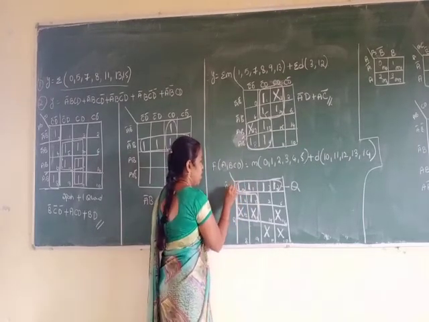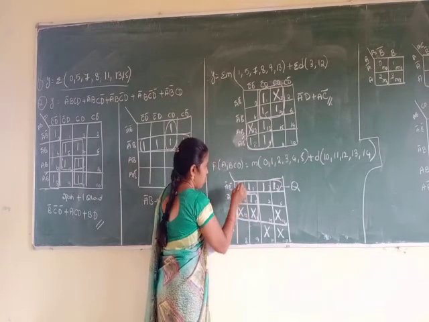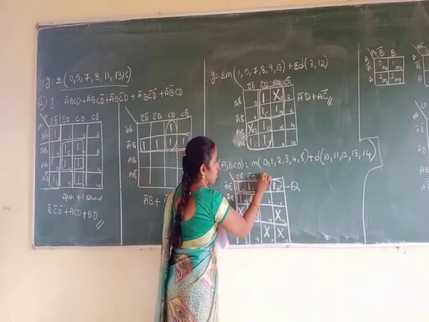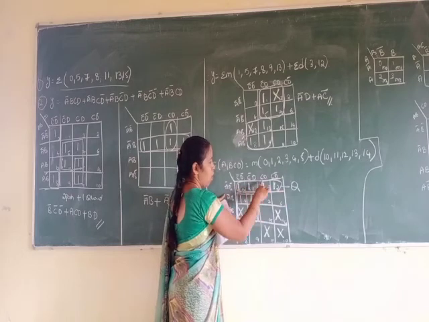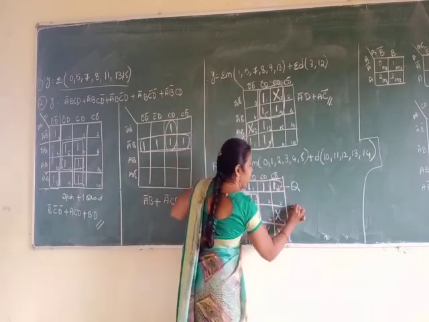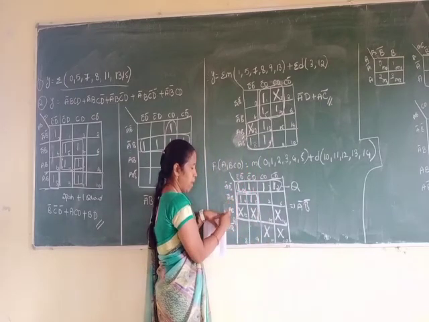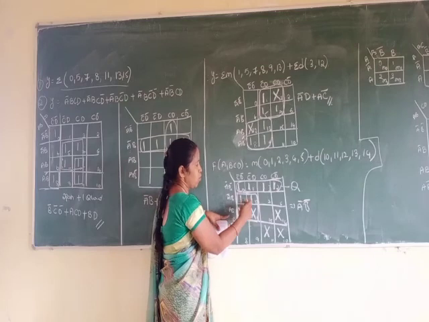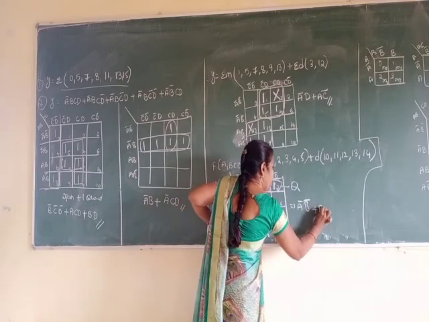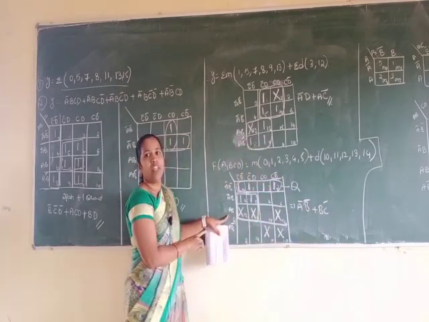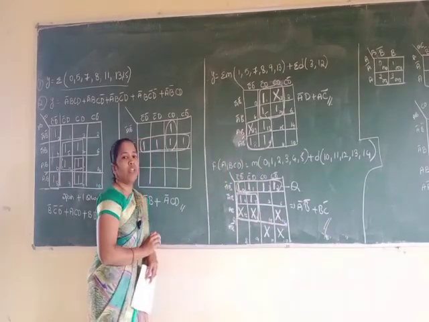So the expression here. For the first row, first quad, all this will get cancelled. What you get is A bar B bar. Now in this case, A bar A gets cancelled, B remains, and from these 2 columns D bar D will get cancelled, so that is plus B C bar, with the don't care condition. This is a special case with the 4 variable K map as well as the don't care condition. Thank you.